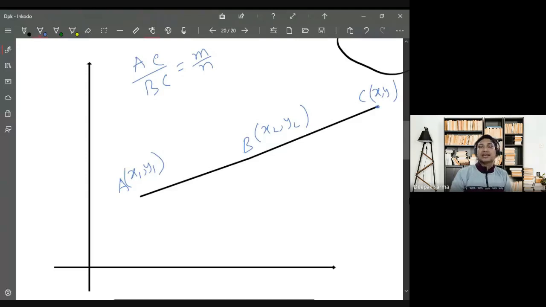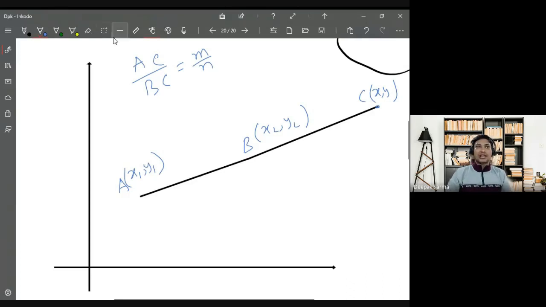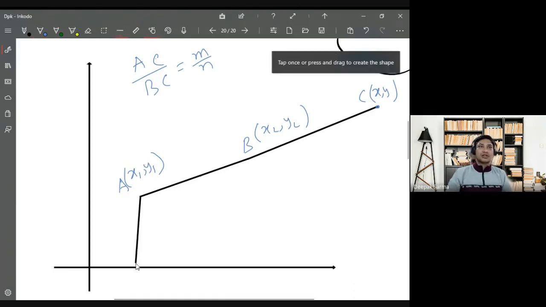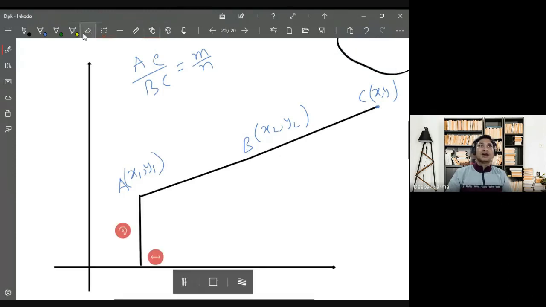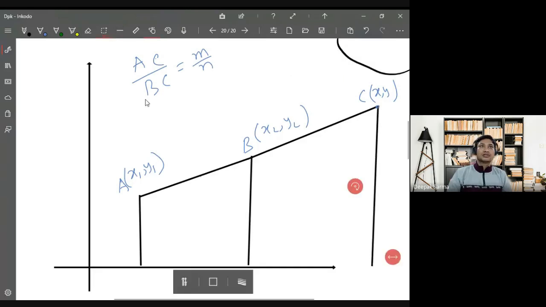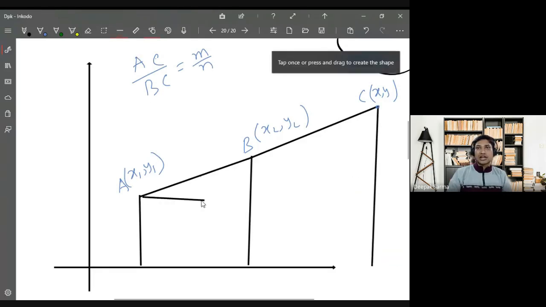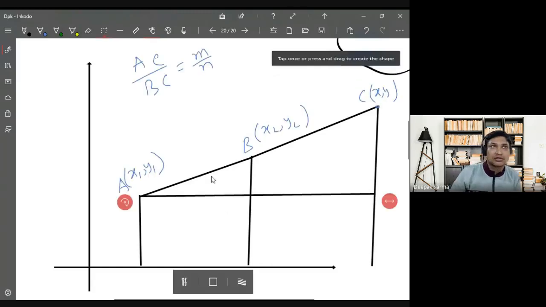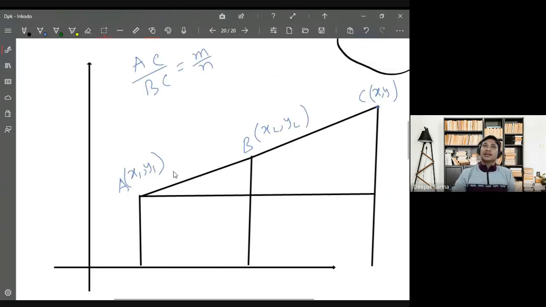That is again in terms of m, n, x1, y1, x2, y2, we will have to find the coordinate of the point C. How to find it? Similar technique. You have to proceed similarly. You will have two triangles here if you join all of the lines. I'm not going to write everything. Hope you can find. If you form triangles like this, as before, you can extend this one if you want. So if you form the triangles, two triangles are similar. Again, these two triangles, the small one and large one, they are similar. You can apply again the same technique, the same ratio, and you can solve it.